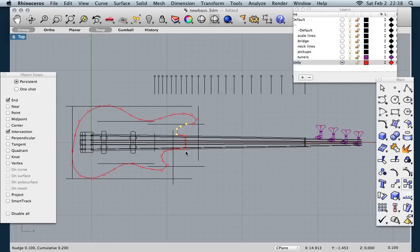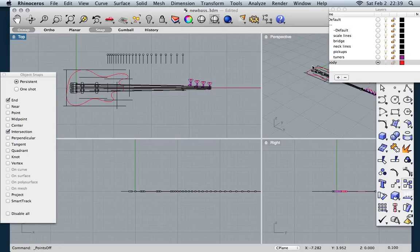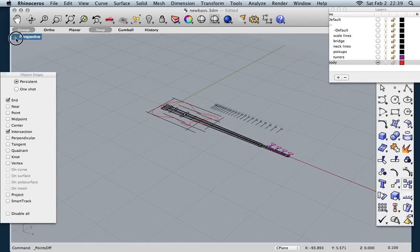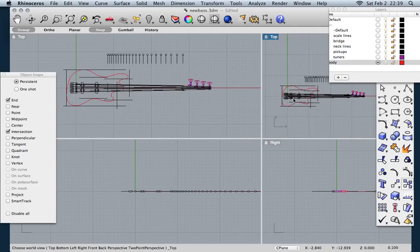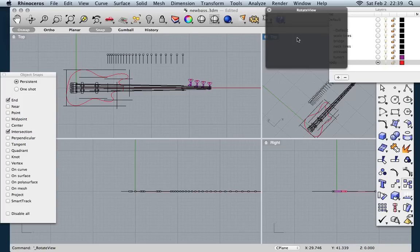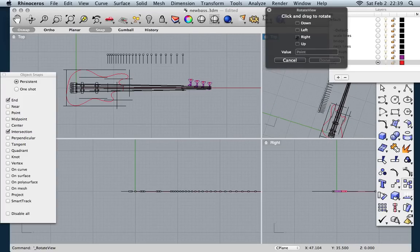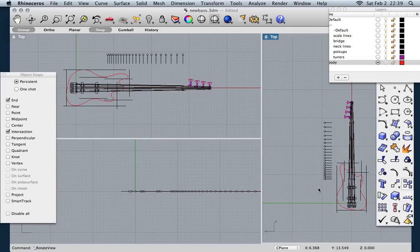Just a quick note too, when you're working on bodies, everybody knows that when you draw them, sometimes they look good in one orientation, but you flip them up and you see them in a totally different light. So what I like to do is maximize all your views, and now pick this perspective one. You don't need it right now because you're not drawing anything where you need to see what you're doing three-dimensionally yet. So just take this view, highlight it, and go View, Set View, and then Top. So now we have two tops. Now you take this one and you View, Rotate, and just rotate it till it's 90 degrees. It's probably a quicker way to do this in the settings, but I don't do it very often, so whatever. Okay, so now you can just drag this window and you have an upright view of your base as well,